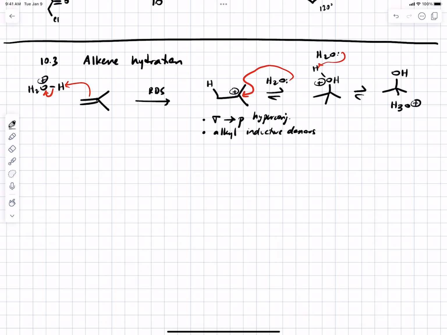This is, as you can see, protonation is involved in the rate determining step. So this is general acid catalysis. If you do the kinetics of the reaction, as you would predict, it is first order in olefin, which is